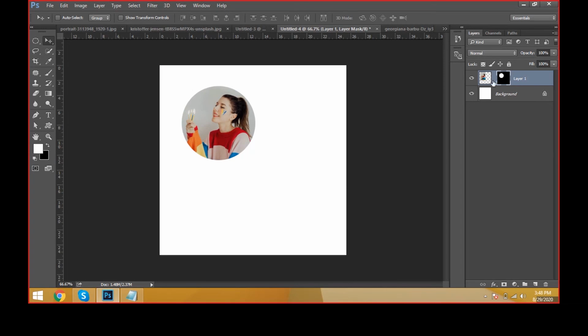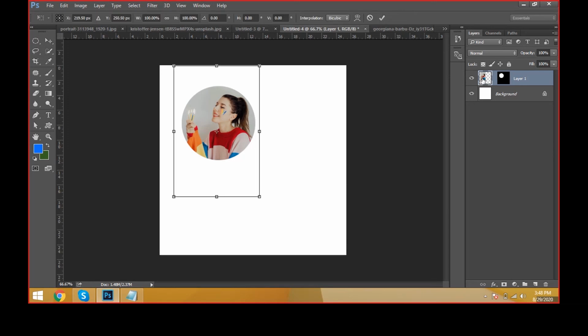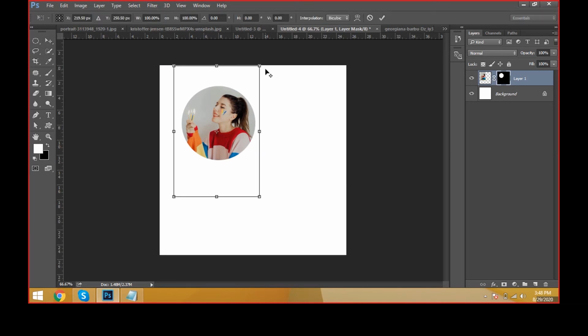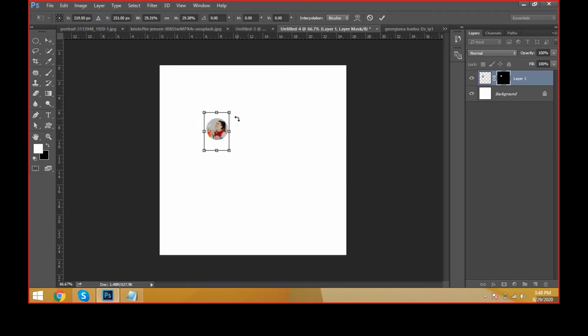This means we can move the position of the mask, and we can move the position of the image. But what happened, friends, when I transform the image, only the image is transforming. I would like to transform both objects at a time. Click the link in between the two thumbnails, keep the cursor in between them on the link, then use Control T. Now see, we can transform both at a time very easily.